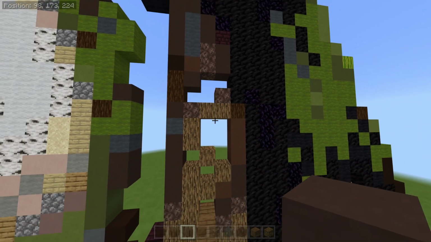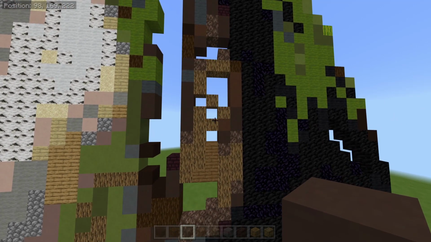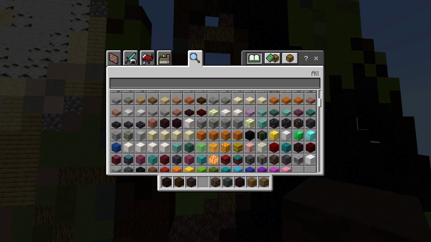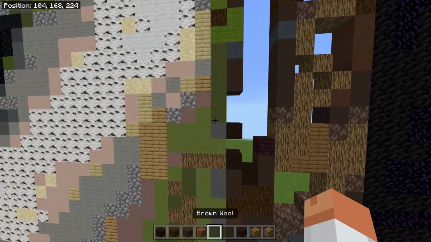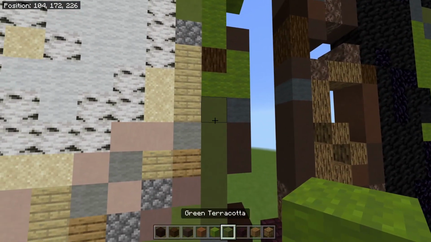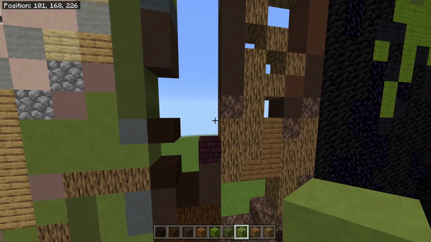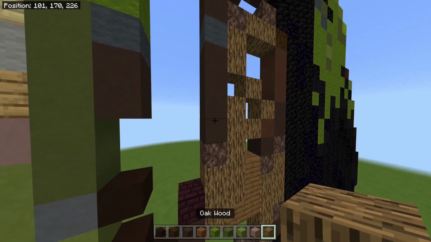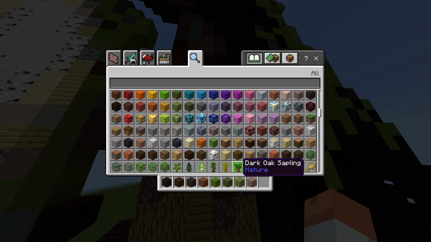So yeah, that's pretty much all I can do with this inventory. So I'm going to have to grab brown wool. I'm going to do this on camera because it doesn't really matter. You're going to need to grab green stuff. So you're going to need green wool, green terracotta, and lime terracotta. You're also going to need light grey terracotta, and you're also going to need some, if I can find it,